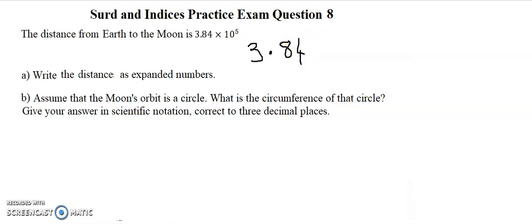When we're timesing by 10, we're getting 10 times bigger. So because it's 10 to the power of 5, it means we're getting 10 times bigger, another 10 times bigger, another 10 times bigger, 5 times. Which means we are actually getting 100,000 bigger. Based on this, the new decimal place is going to be here, which means we are getting